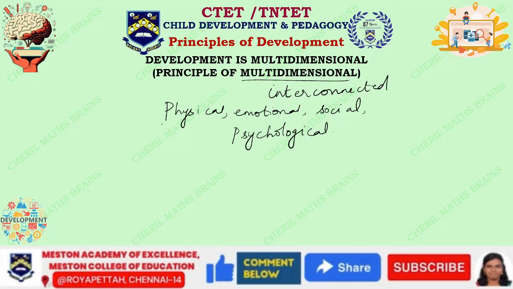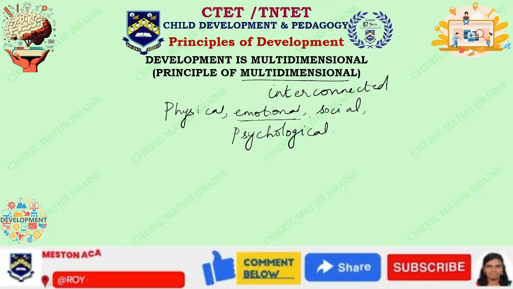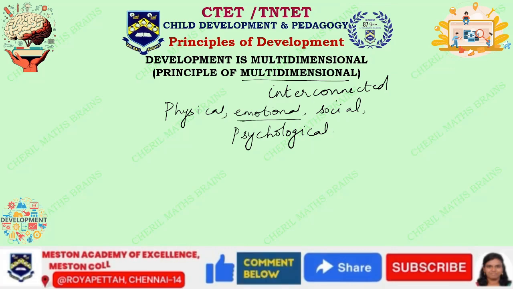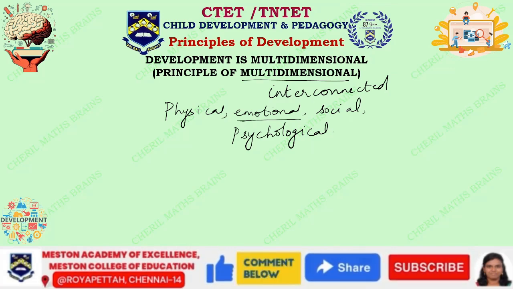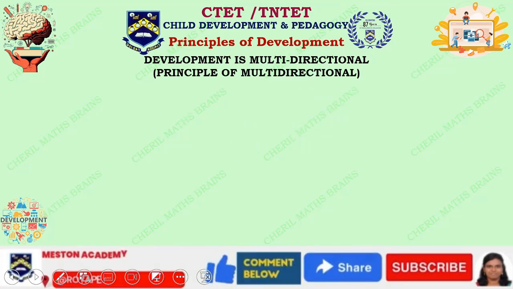Even when the child is very small, there will be changes in all these things. Rapid changes might occur, and it might either increase or decrease. You cannot say it is always going to increase. Sometimes their emotional stability might increase or decrease. A child may become more emotional or less emotional. A child may become more socialized, or the child may become an introvert and not think about socializing with their peers or with their environment. All those things can happen.